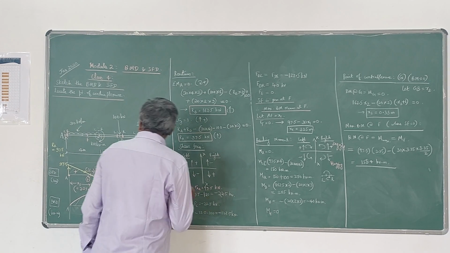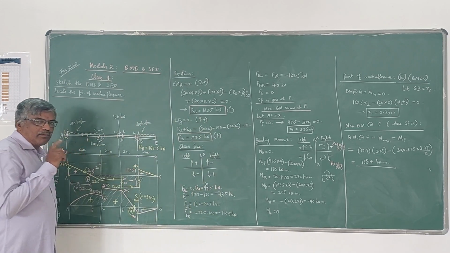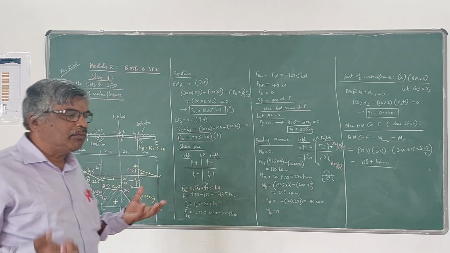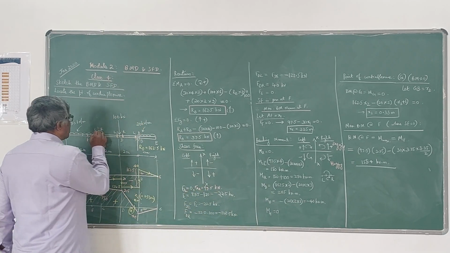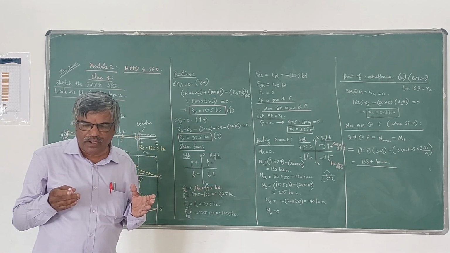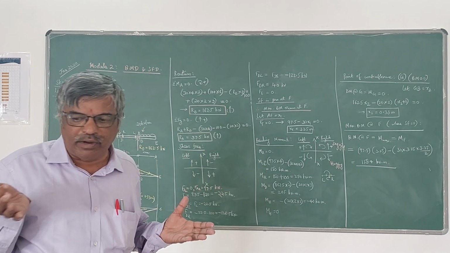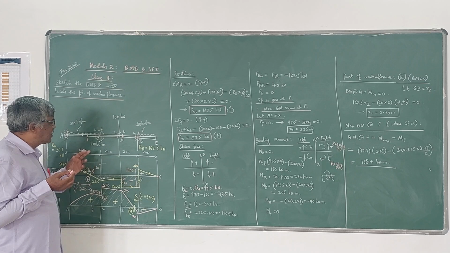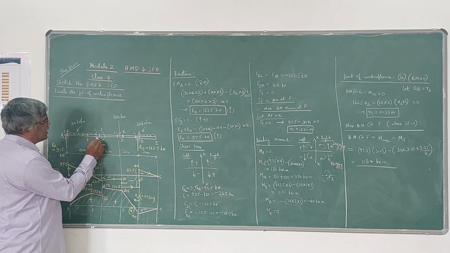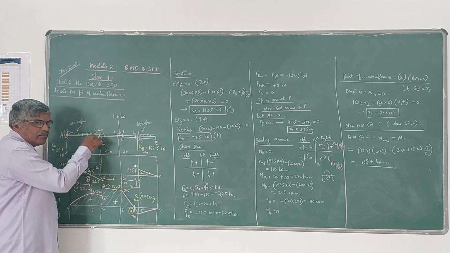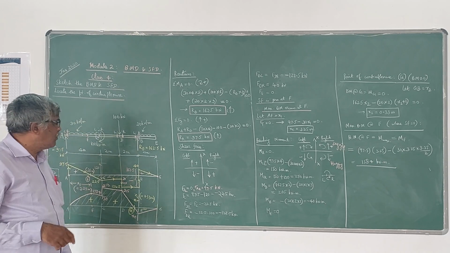Once again, what happens when we are talking about bending moment? If any external moment is given on the beam, at that point you have two values of bending moment. If a point load is given at any point, you have two values of shear force. If an external moment is given at any point, then it will have two values of bending moment. Now, how to calculate that? Let us see. Now I am going to take MCL. MCL is the bending moment just to the left of C, because a moment is given here. I have to calculate two values now.